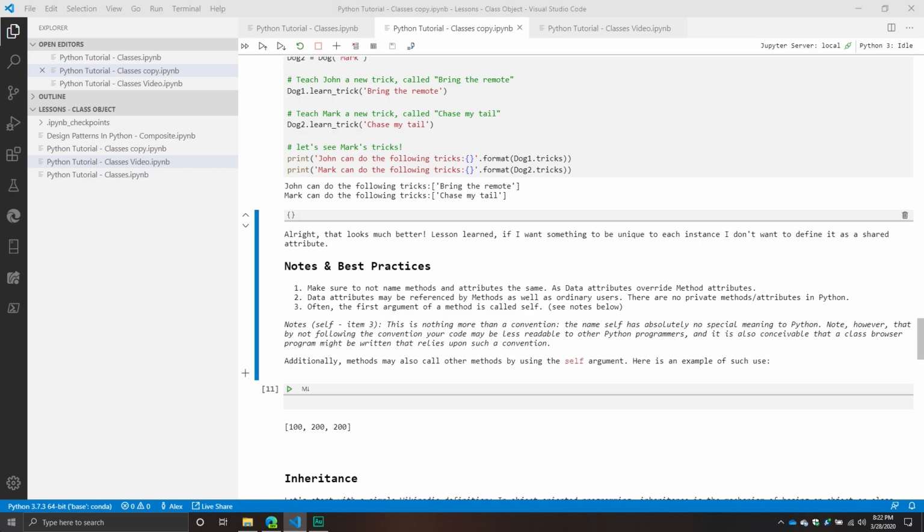Often the first argument of a method is called self, and then I have some notes. This is nothing more than a convention. The name self has absolutely no special meaning in Python. However, by not following that convention, your code might be less readable to other Python programmers. And it is also conceivable that a class browser program might be written that relies upon such convention. Basically, what they're saying here is there is no reason,